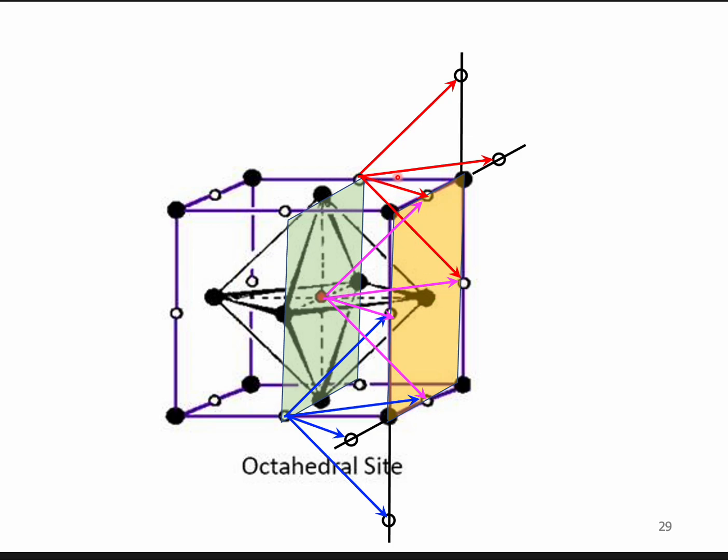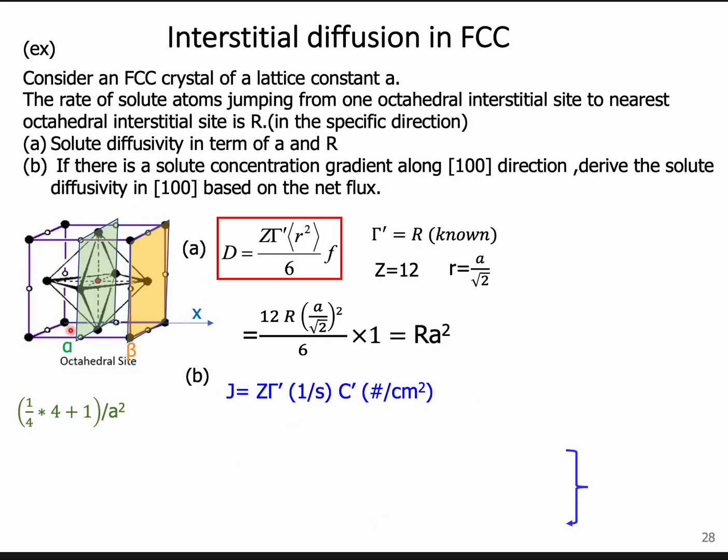This one is parallel with this and this. So even though there are 4 possible jumping directions for the solute atom at this interstitial site, these 4 directions are parallel and identical with the others. So we only have 4